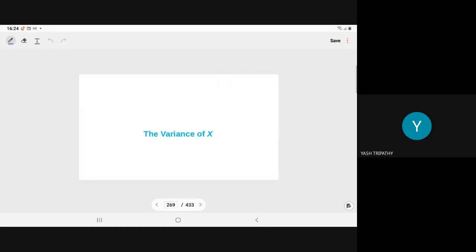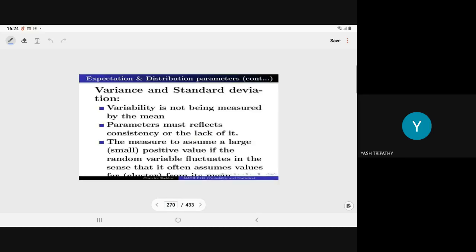From here, now you have the second characteristic, known as the variance of x. Variance of x measures the variability. See, if I am teaching two classes, each with around 50 students, and I have conducted one test, in one class the average is 50, and in the other class the average is also 50. But in the first class marks range from 40 to 60, while in the other class marks range from 10 to 90. So in which class do I have students of the same IQ, or where do I have consistent data? That you can measure through the variance.